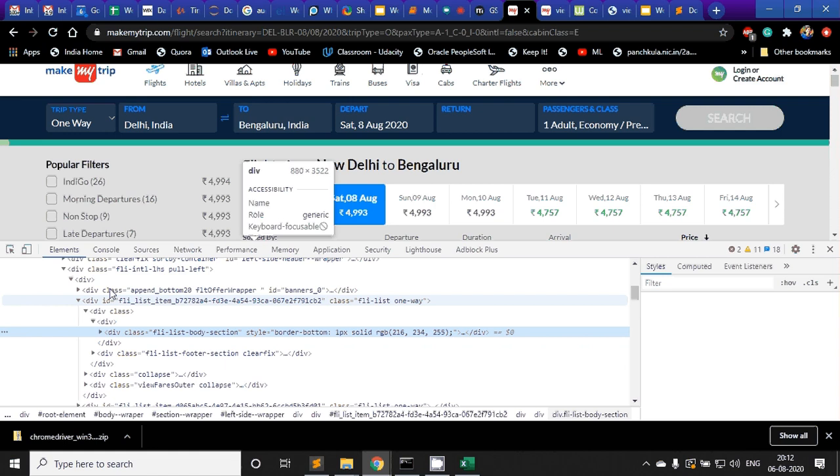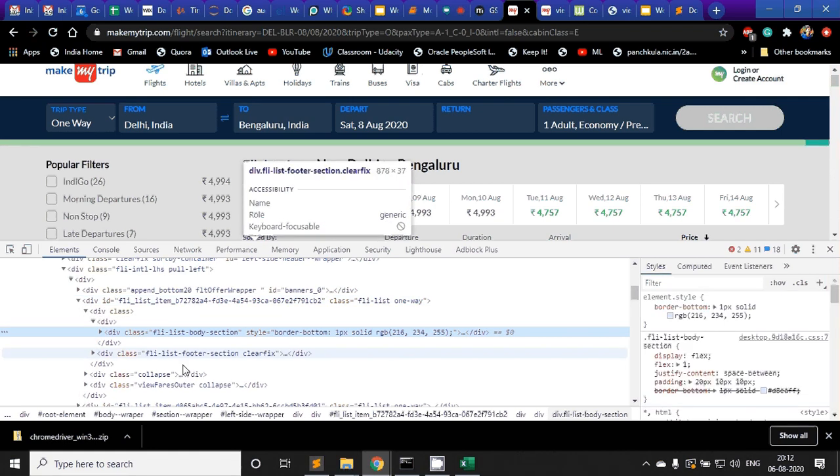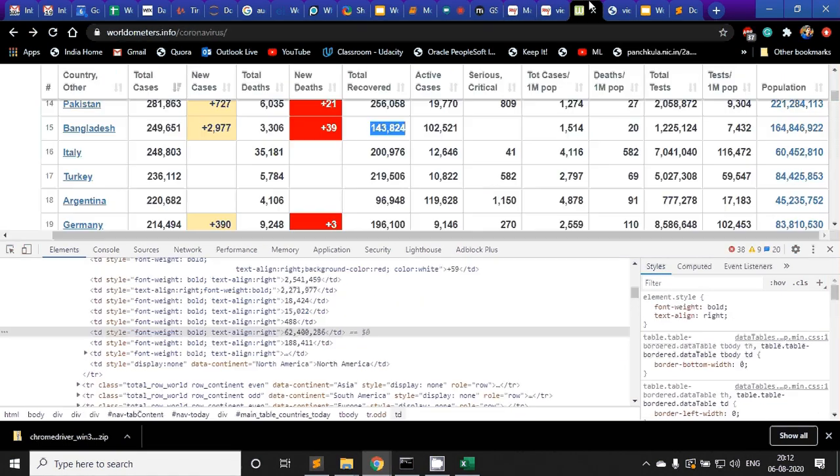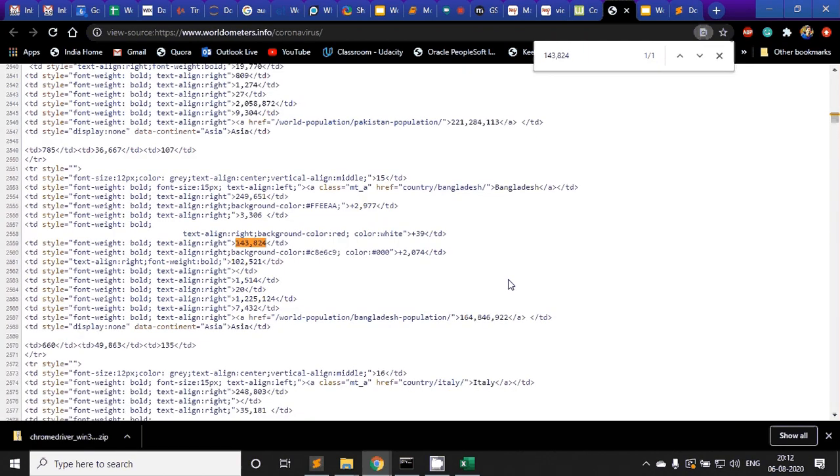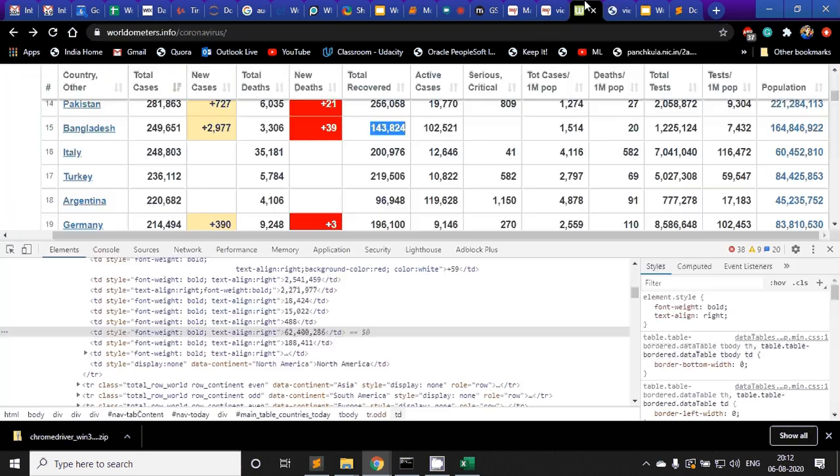So we saw that this data was available here. Let's scrape it. Before that, I'll check that we have a table here.